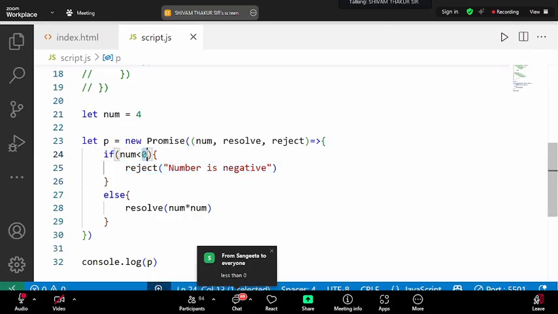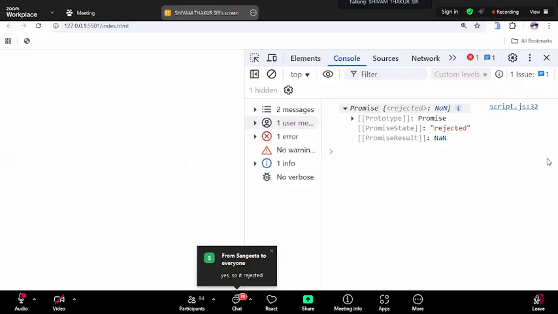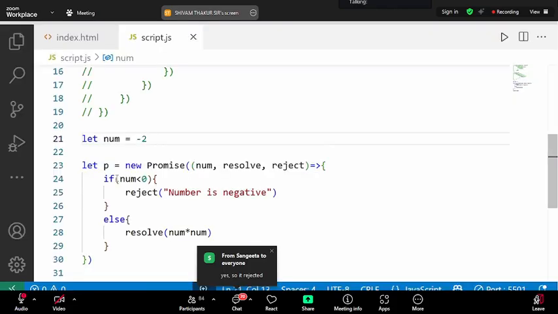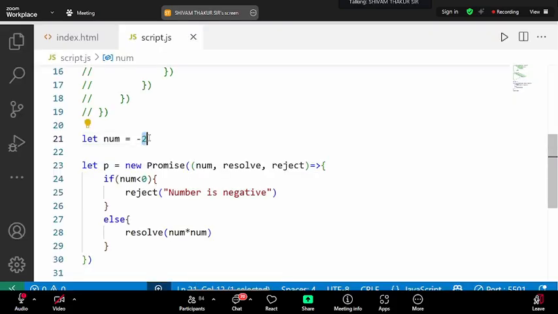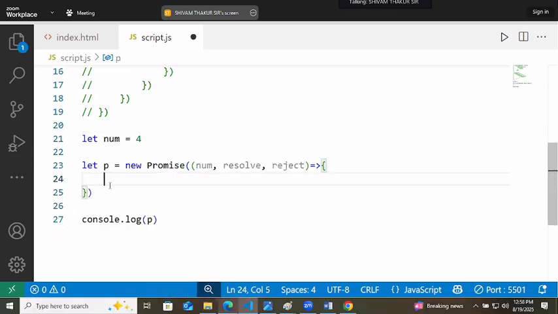But number is 4. If I am writing something like this, minus 2, in that also the promise is rejected. If I am writing 4 here, or let's try to write a normal condition.